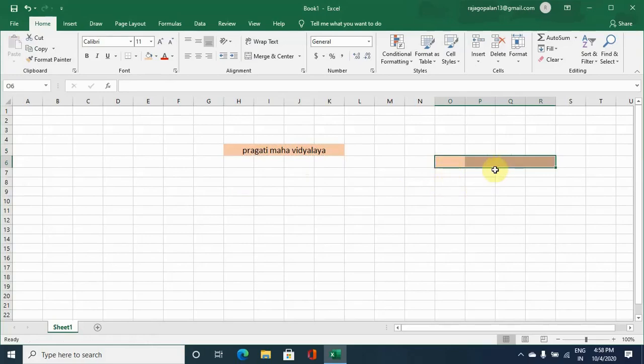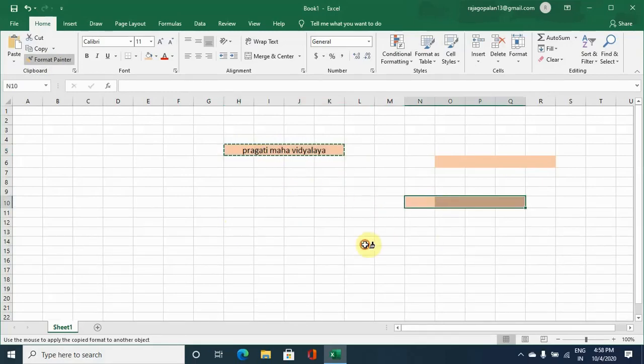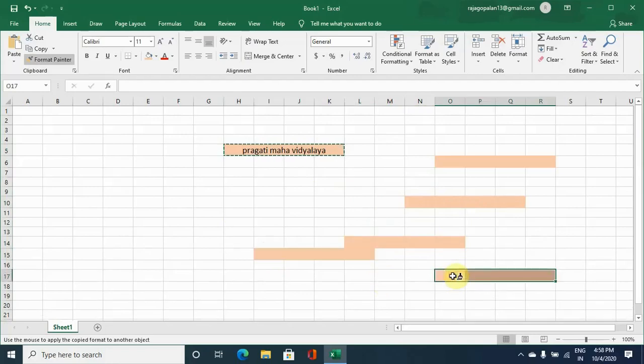If you want to copy the format to other cells multiple times, then the option is double click. First select the range, go to Format Painter, double click. Once you double click, the same format can be copied to other cells multiple times. Wherever you select, the same format will be copied.